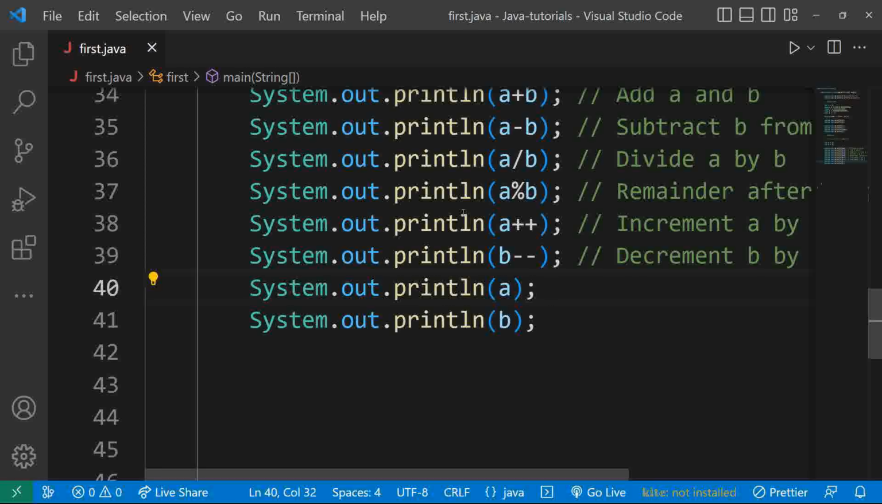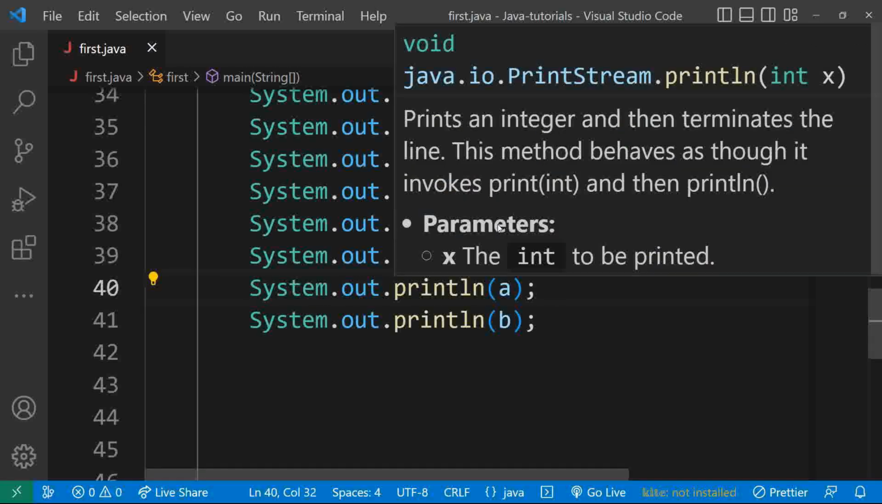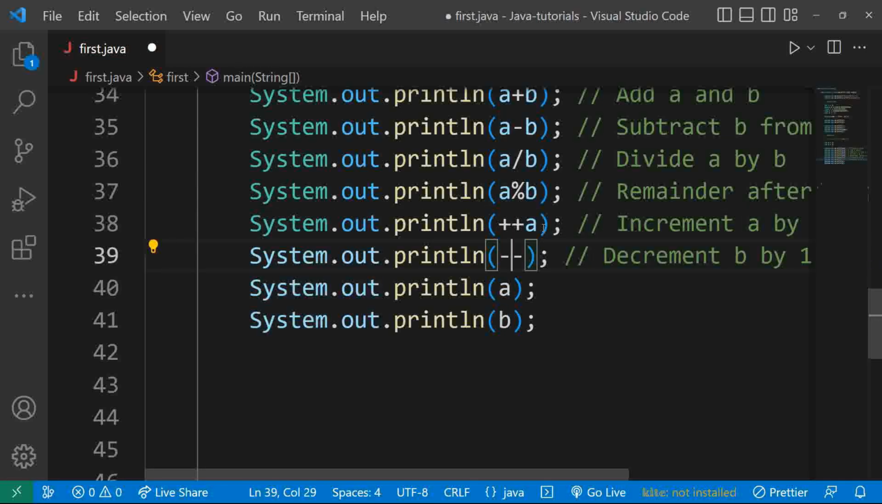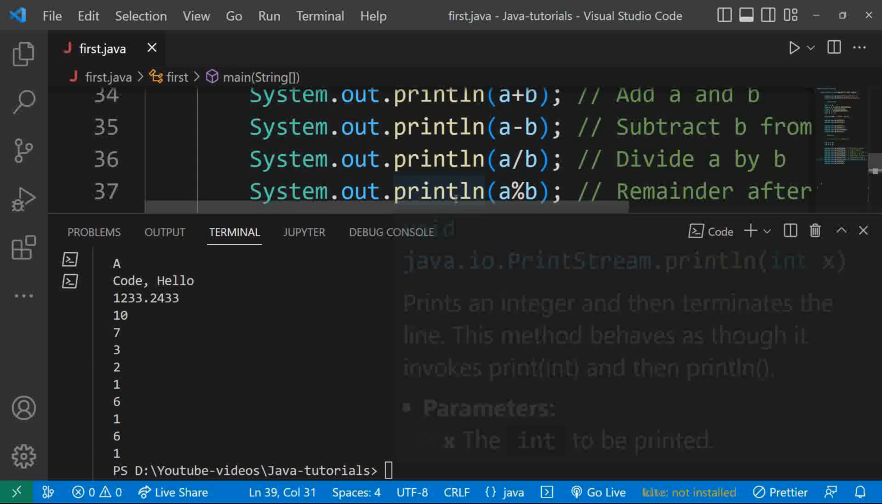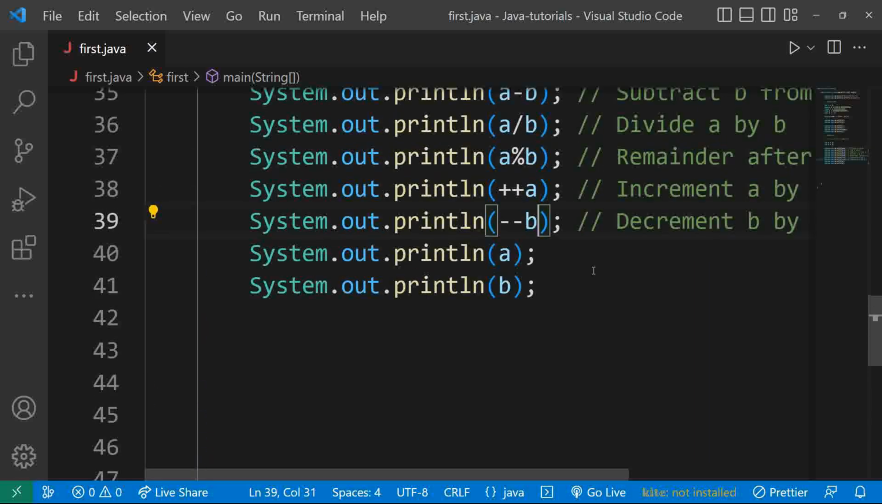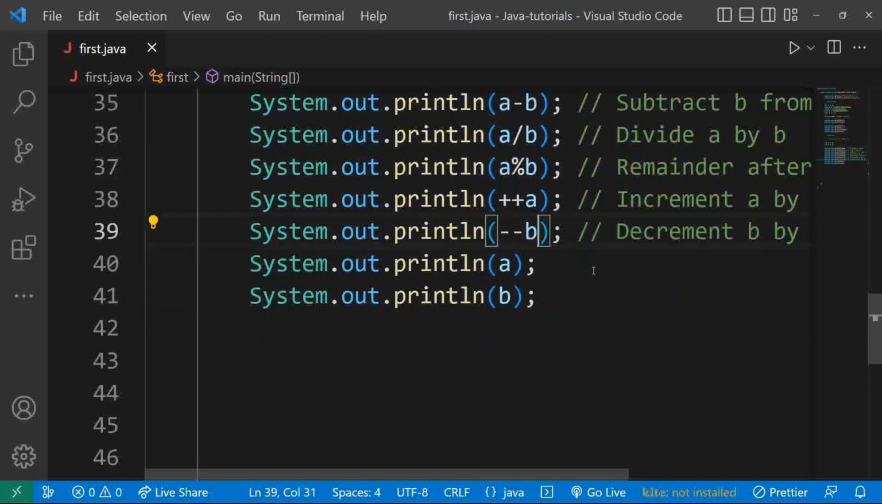Similarly, if we want to print the value of A after incrementing, then we can use the prefix incrementer like this. Now it will print A after doing these operations. Here we can see 6 and 1, 6 and 1. So these are some basics about operators. Now let's move on to